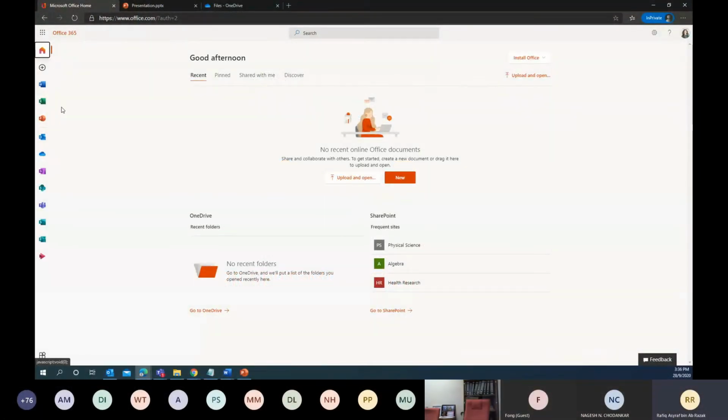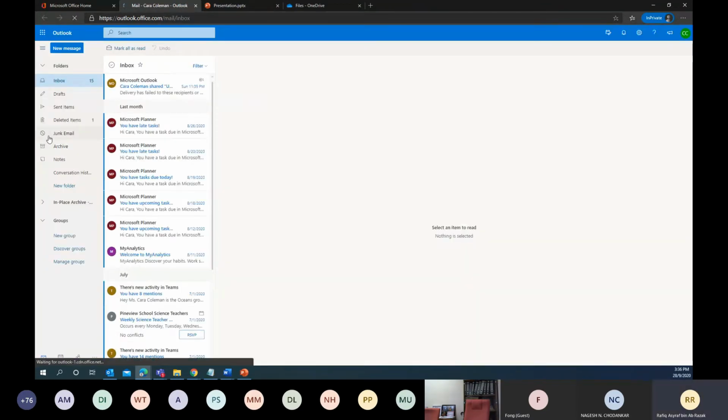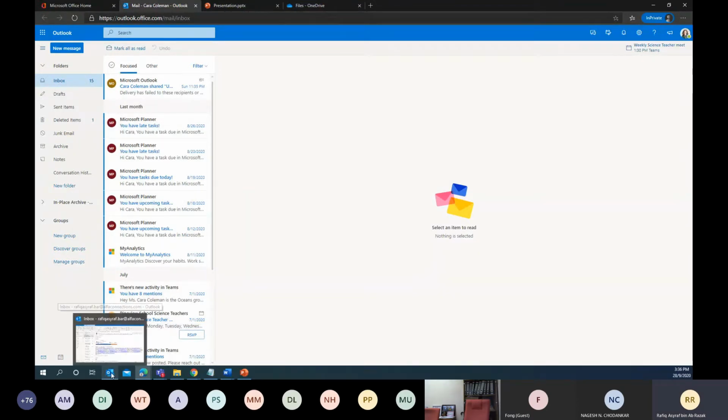And then next we go to the Outlook. Okay, what you see, the Outlook is for the email. What is inside here should be the same as the Outlook application that you install. If you set up the Outlook application for your UMS account, you will get the same inbox, same